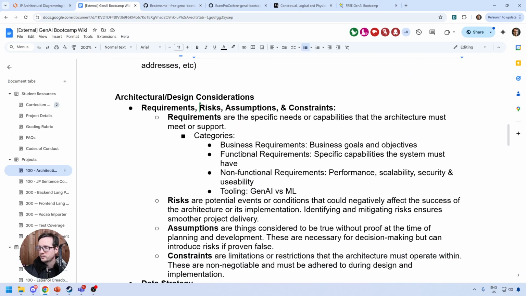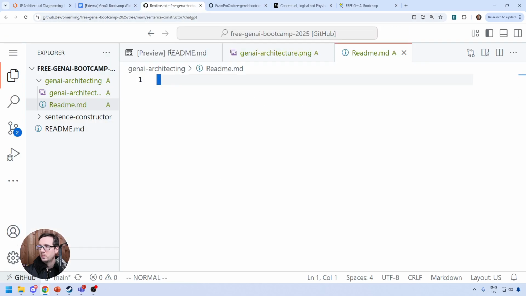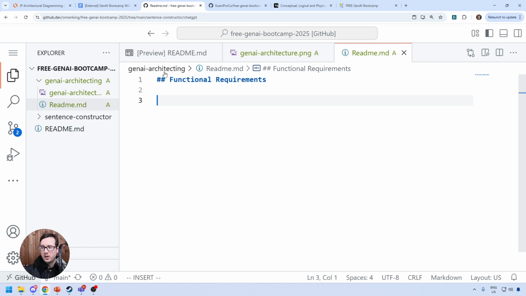So for the requirements, business goal and objectives, specific capabilities the system must have. So maybe for requirements, like functional requirements, you know, I'm not going to do all of them, but we'll do some of them. And you can pick any random ones you want out here as practice. I'll say the hardware we're using must, I'm just trying to think of this because we have a portal here, right? And so I'm thinking, the company wants to invest in owning their infrastructure to ensure,